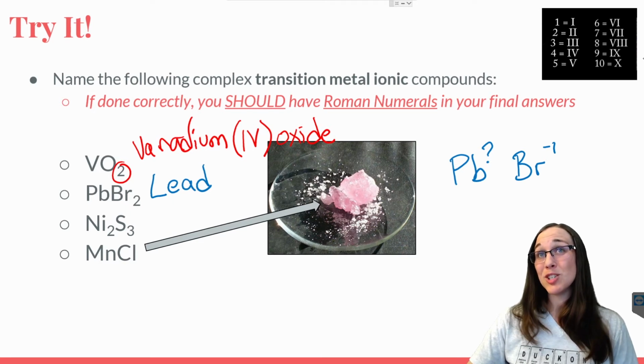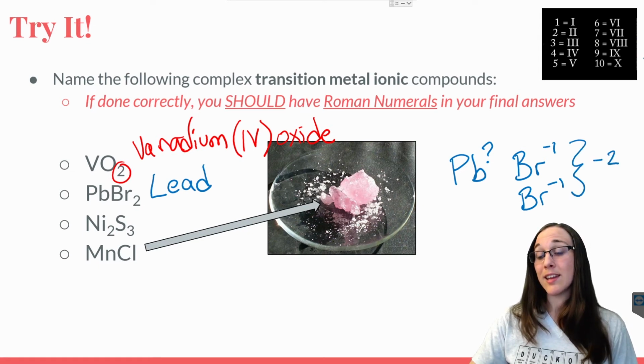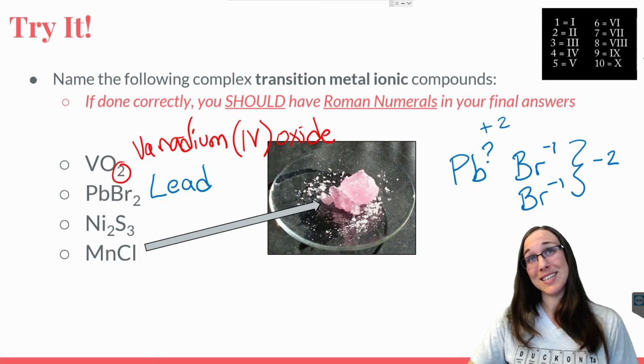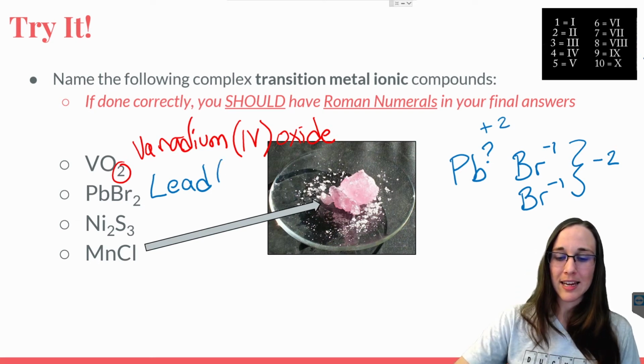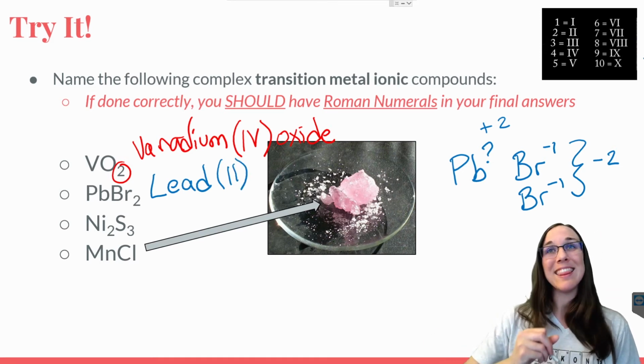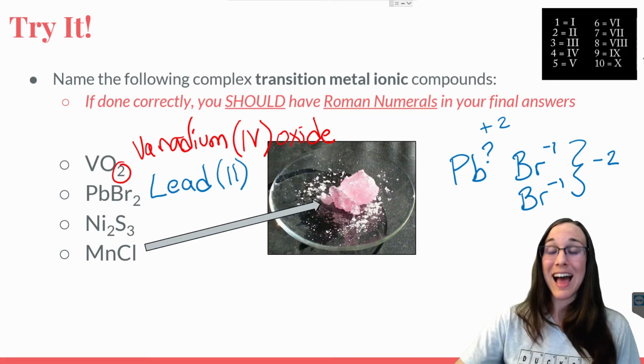And there happens to be 2 of those. So there's 2 Br atoms, each bringing to the table a -1 charge. So overall, Br is giving us a -2 charge. So what -2 gives me 0 for PB? Hopefully you see that it's +2, -2 gives me 0. So after the word lead, I need to write 2 in Roman numerals in parentheses, and then finish that up with our bromide, ending in ide. Next up,